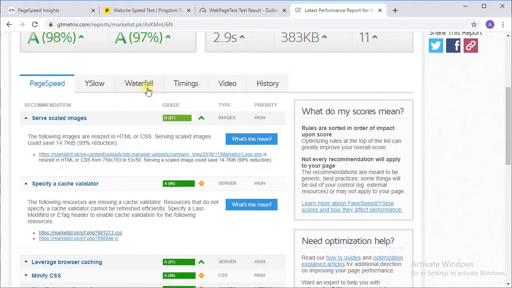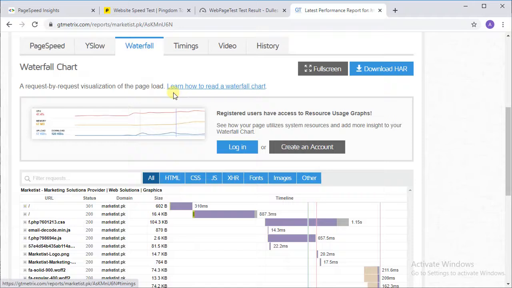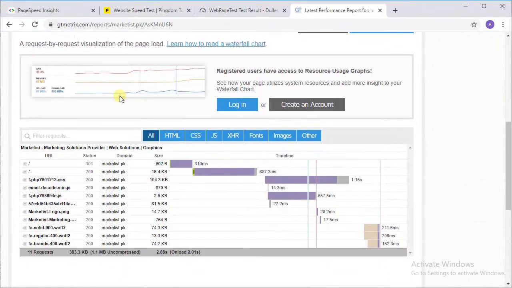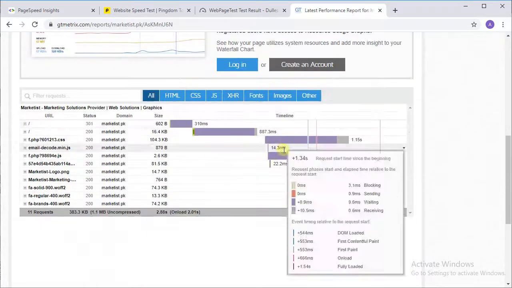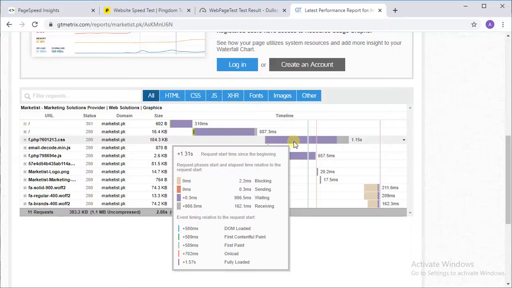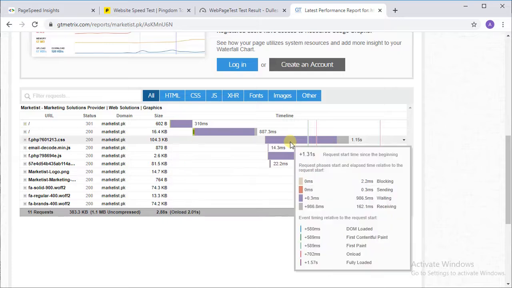But here, click on waterfall. This tells you better which things to improve and which are taking lots of time to load your website. Now see, this takes around 1.15 seconds, means out of 2.9 seconds this alone takes 1.15 seconds, means this needs improvement.